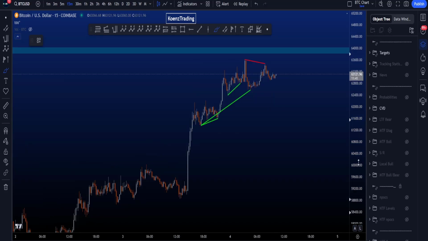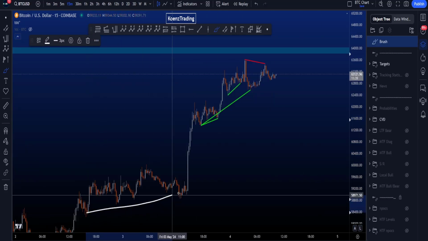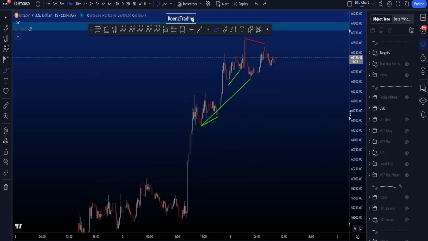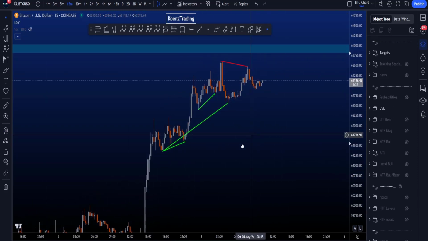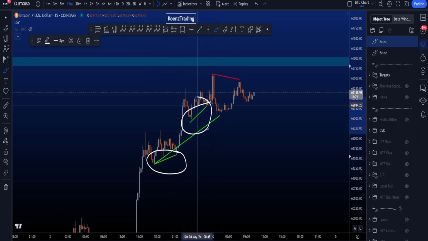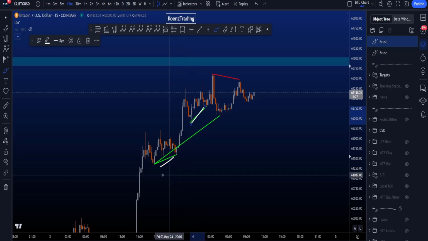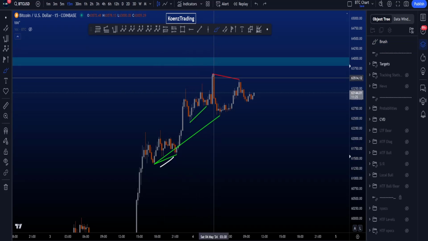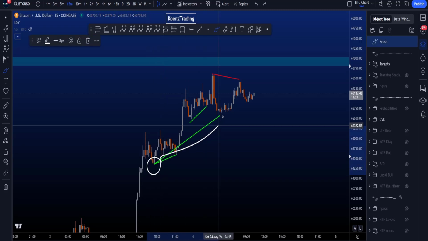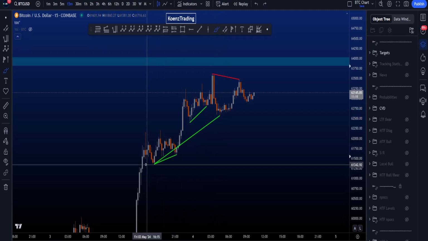Looking at these CVD divergences, it all started with bullish CVD divergences over here, getting this push towards the upside. And now more locally, we have again bullish CVD divergences. Now this one and this one already played out, higher low on price, lower low on the CVD, but with this drop to the downside, once again bullish CVD divergences between this low and the higher low,